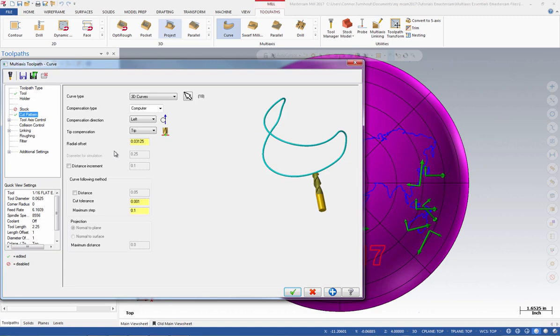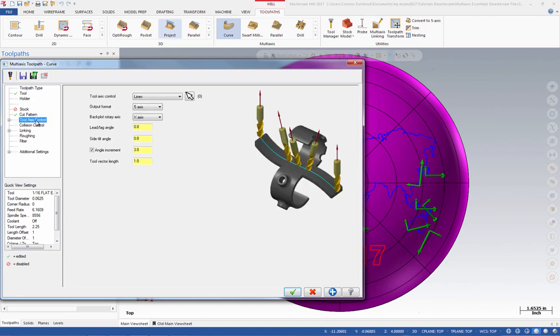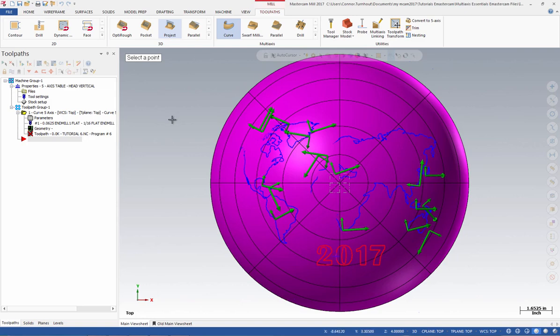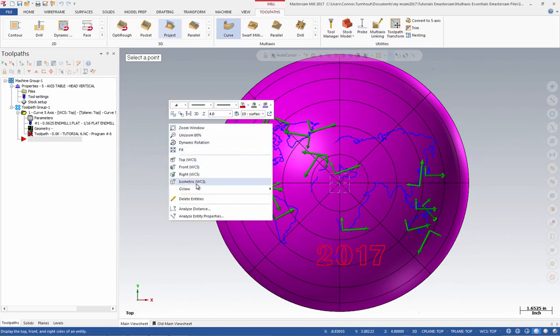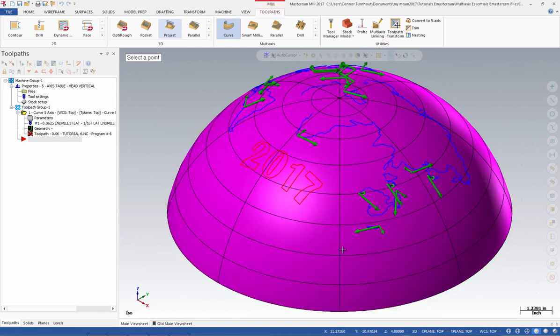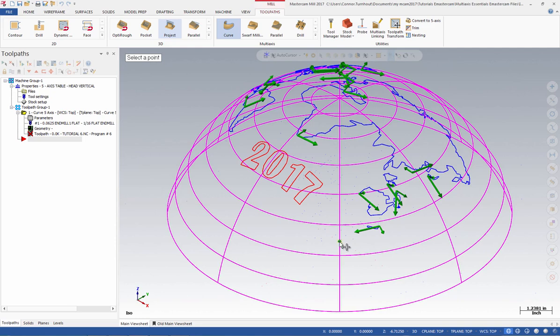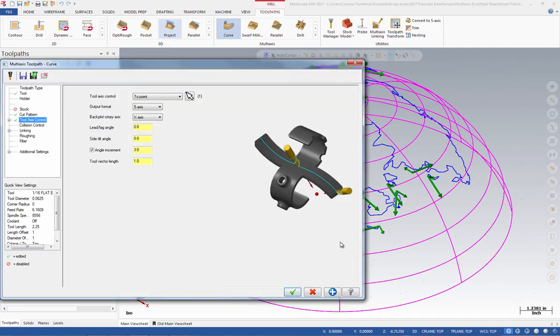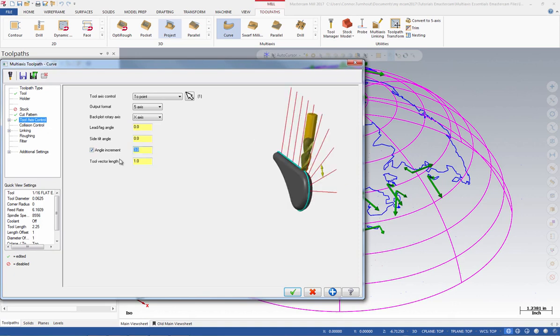Mine do. Come over to the left-hand side and select Tool Axis Control. Under Tool Axis Control, here needs to be changed to Point, and we'll select one as well. Right-click, and then select Isometric View. If you're having a hard time finding the point here, simply come to the bottom right-hand side and wireframe it. You can see a light blue X here. Select that point. Once you have that done, make sure your angle increment is set to 8 and hit Enter